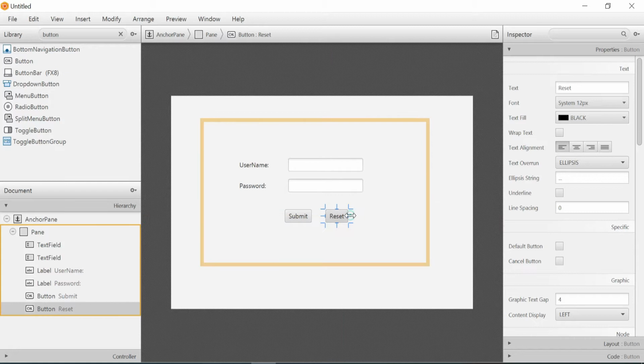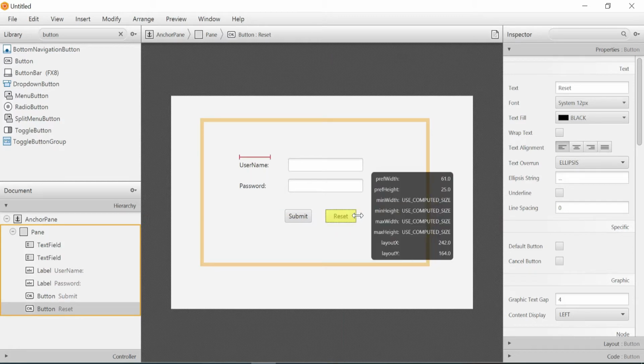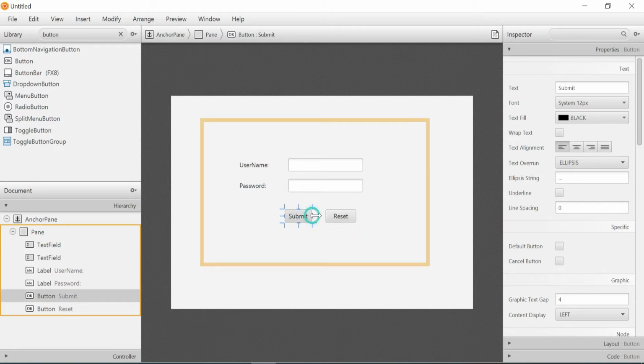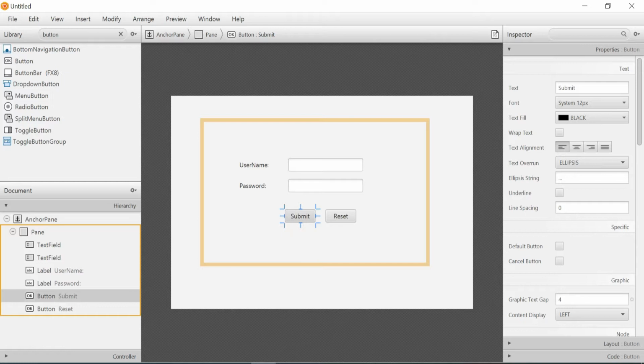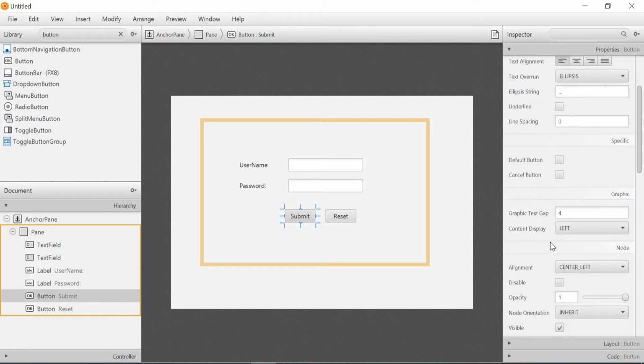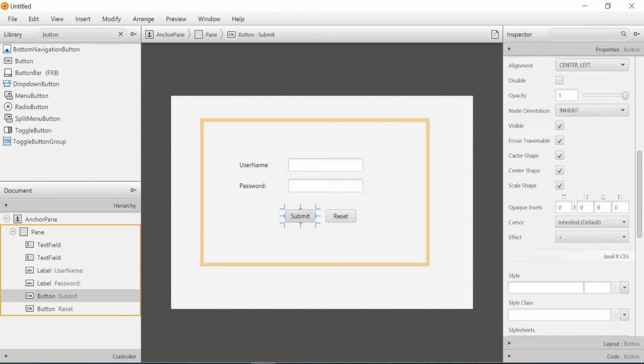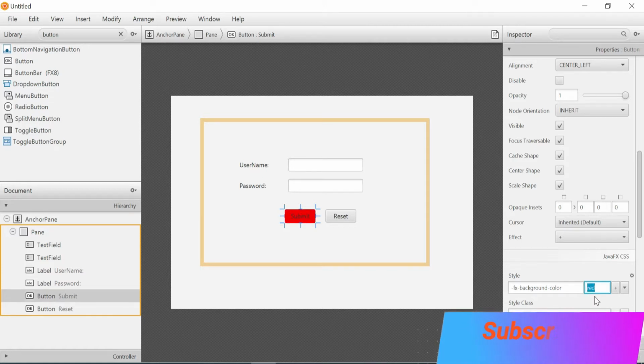By drag and drop, you can also manage the button size. Here we have so many options, like providing CSS. You can also provide a CSS color. If you want to give the button a color, I can give the background color like this.